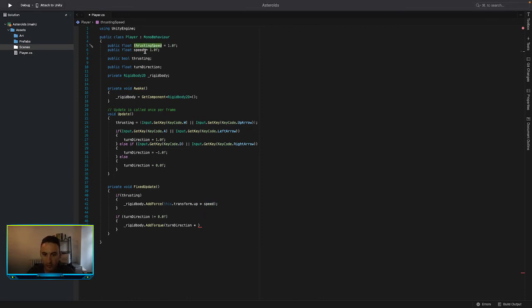So that's going to be thrusting speed, and then we're going to turn it to turn speed like that. They're both going to have a value of 1 for now. We'll change it later on. We'll need to update that, so we'll copy that, paste that in there, and then we'll copy our turn speed and times our torque turn direction